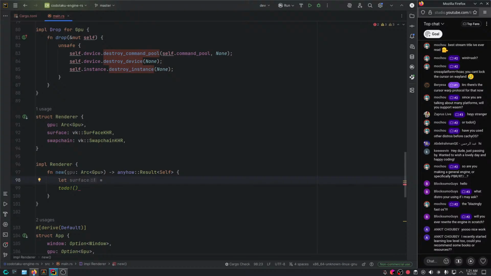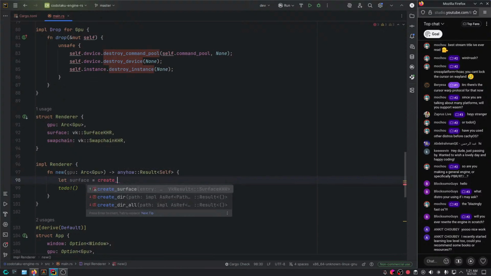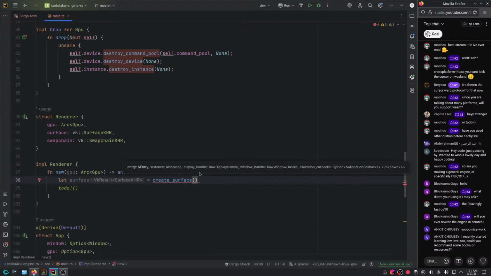Though, let's see. Window, or isn't it? What is it called? Basically we want to create a surface, yeah? And so for that, you need an entry. You need a display handle and a window handle and allocation callbacks. Interesting.